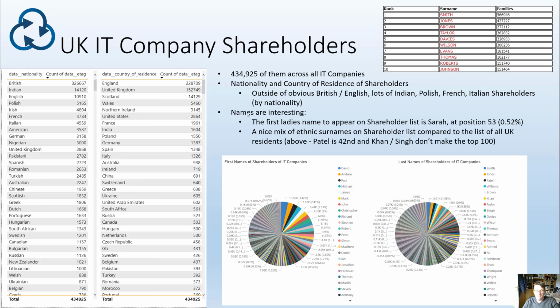And as it transpires, there are a few things that actually jump out at you. The first thing on the surname analysis, actually, it's really good that we've got a good mix of ethnicity in the context of surnames. And I appreciate it's more complicated than this, and there are other indicators, but if you look for some of the more ethnic surnames such as Patel, Khan, Singh, they're in the top 10 of all surnames. So this shows that we've got a broad, diverse ethnic mix of people involved in UK IT companies, which is